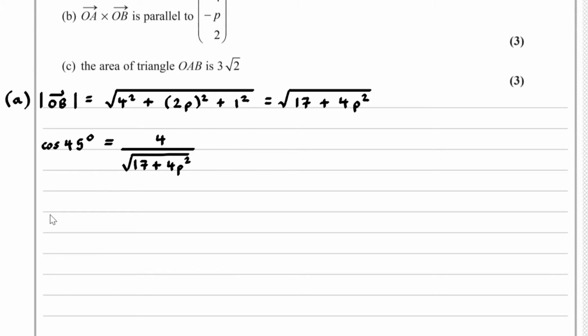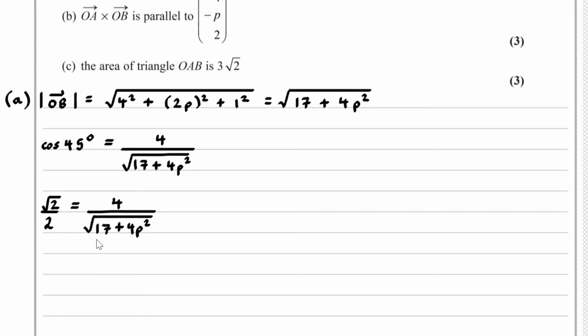And therefore, knowing that the cosine of 45 degrees is root 2 over 2, we have root 2 over 2 equals 4 over 17 plus 4p squared, square rooted,